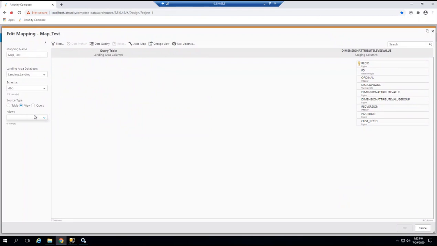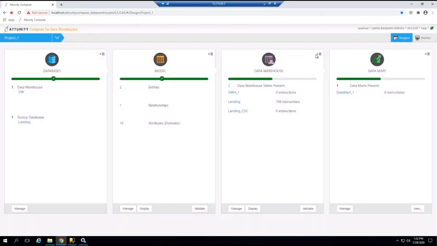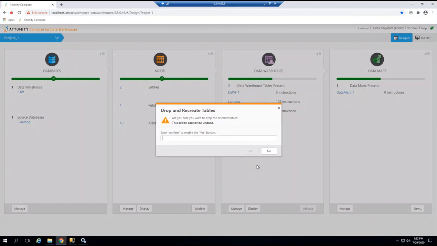If you have any view, you can create a view and get the data from the view also. This is one of the options they are giving. After completing this, you have to build this data warehouse. Let me drop and recreate these tables. The first time it won't ask for the drop and recreate, but when you are